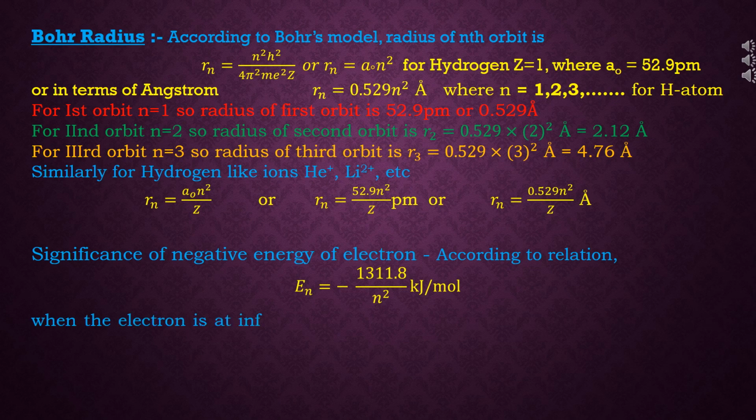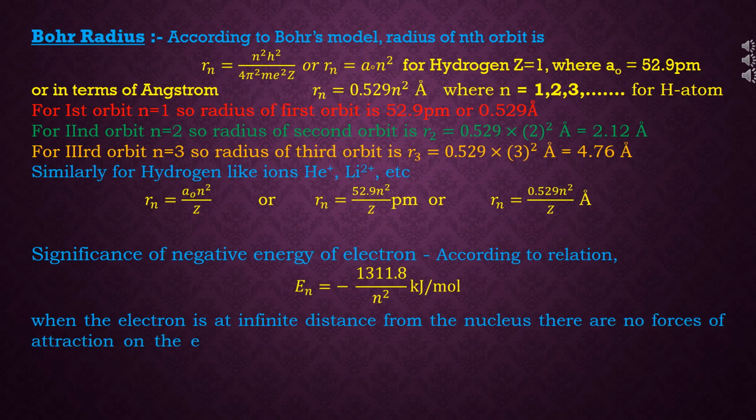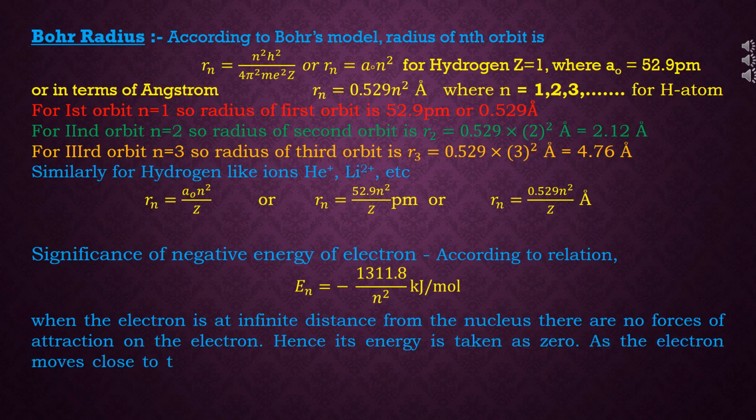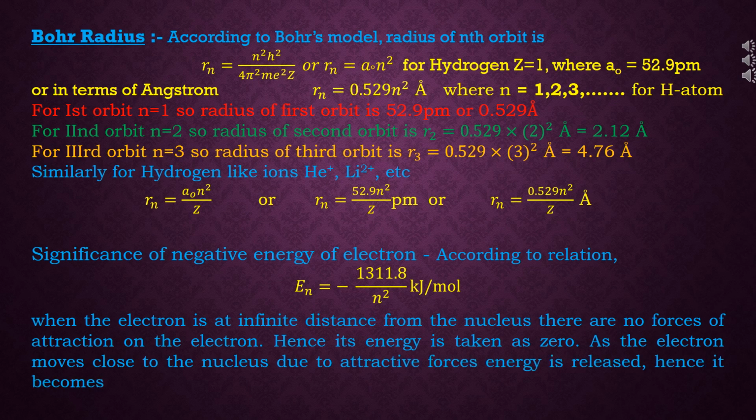at infinite distance from the nucleus there are no forces of attraction on the electron, hence its energy is taken as zero. As the electron moves close to the nucleus due to attractive forces energy is released, hence it becomes negative. The reason is that when the electron is at infinite distance from the nucleus, its